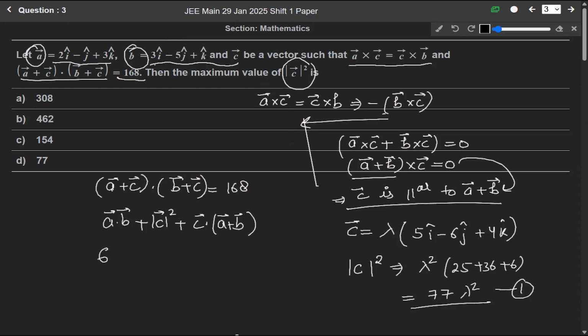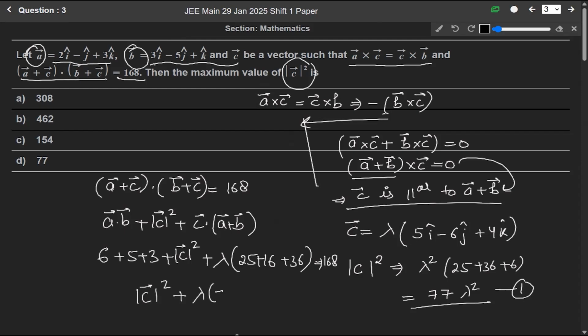this will be 3 2s are 6, 5 1s are 5, plus 3 1s are 3, plus modulus of C square plus C dot (A plus B). C dot (A plus B) means this will be lambda times (25 plus 16 plus 36), and it is given as 168. So when we solve it, we get modulus of C square